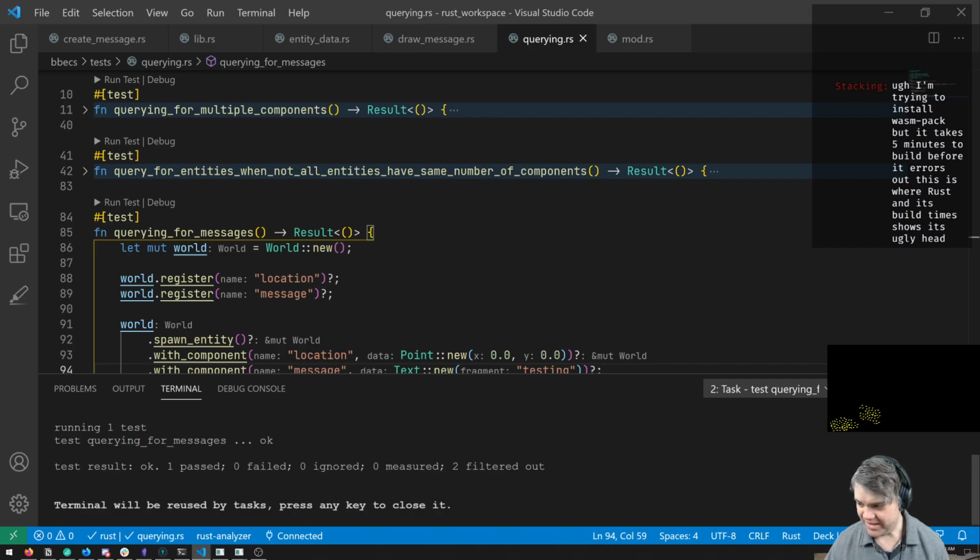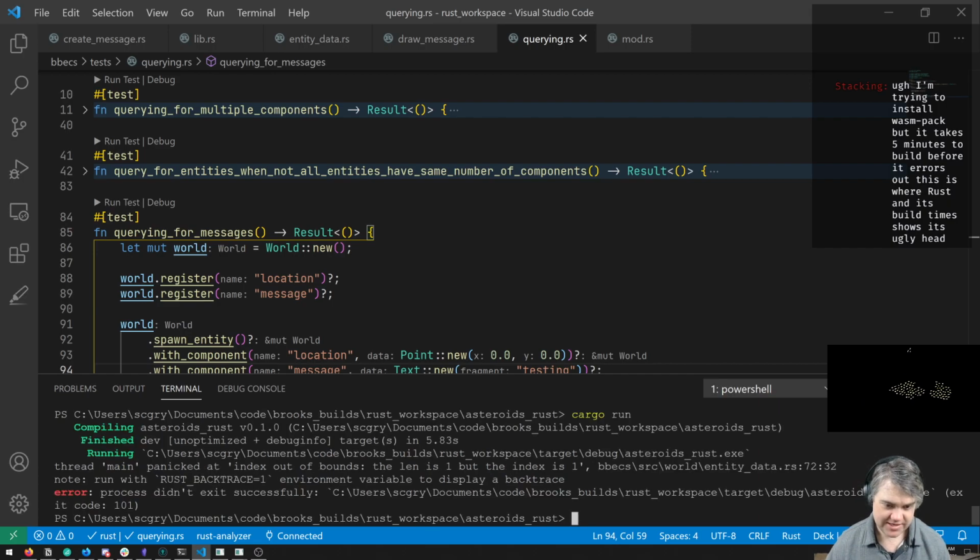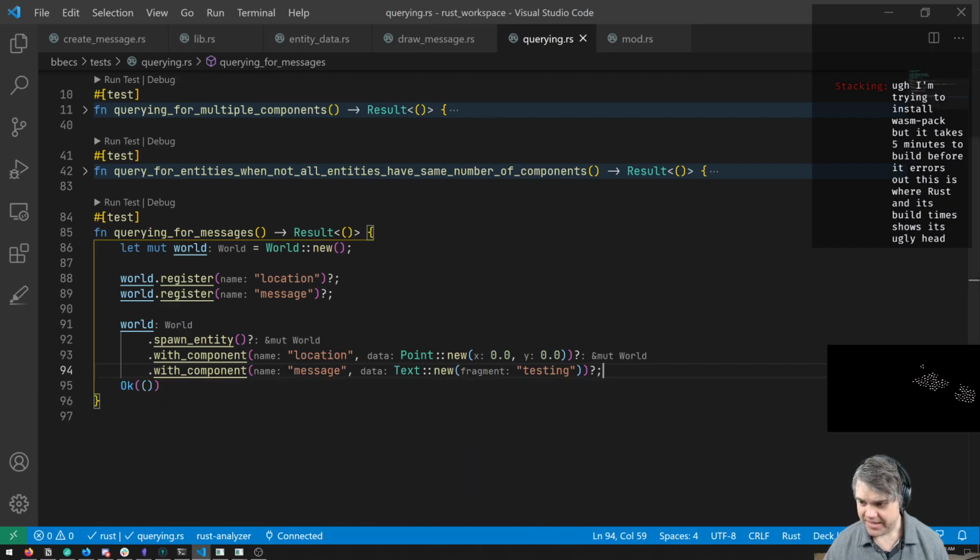Oh, you're trying to install WASM pack, but it takes 5 minutes to build before it errors out. This is where Rust and its build time shows. Oh yeah, I agree with that. I had really mixed results with WebAssembly with Rust. I felt that I can do close to everything that I wanted, but the last mile essentially of WebAssembly development just kept on causing weird little issues and problems.